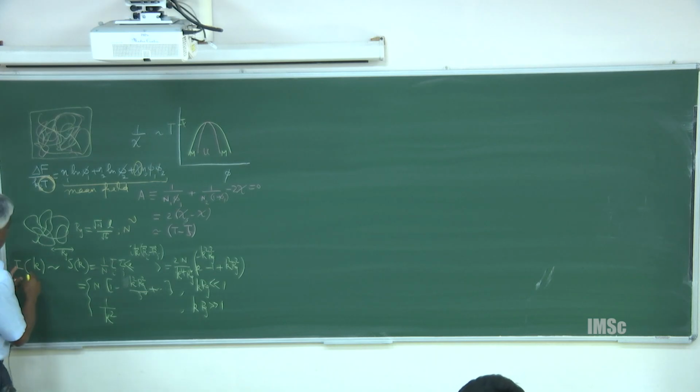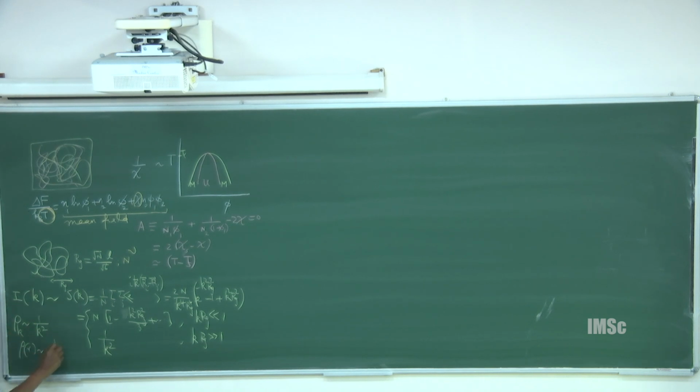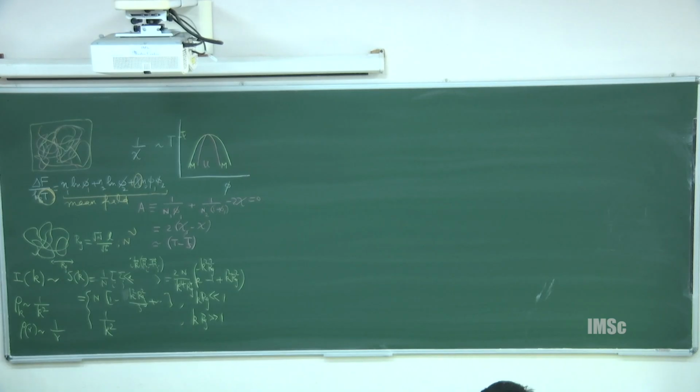Okay. If S of k goes like 1 over k squared, that means, this one is the density concentration correlation function. Therefore, the density variable, if you do the Fourier transform, rho of k goes like 1 over k squared. Now, let us do the Fourier transform: rho of r, from 1 over k squared, Fourier transformed, goes like 1 over r, apart from 4 pi and everything. So, even for a Gaussian chain, if I go to somewhere here and look at how the monomer density is changing with the distance, it goes like 1 over r.